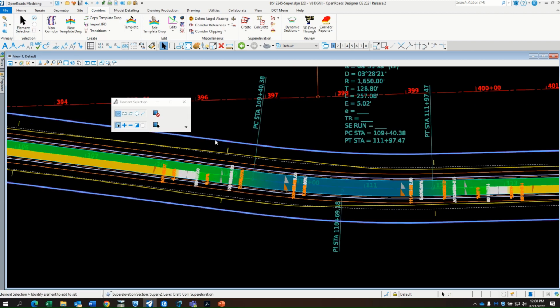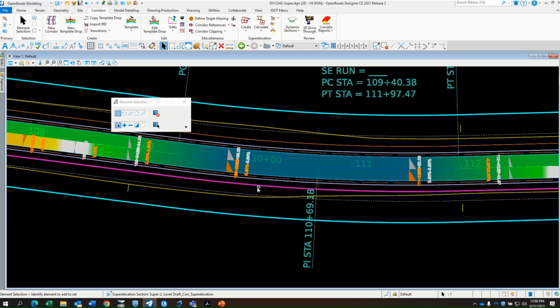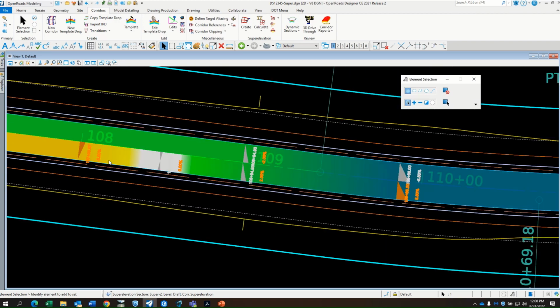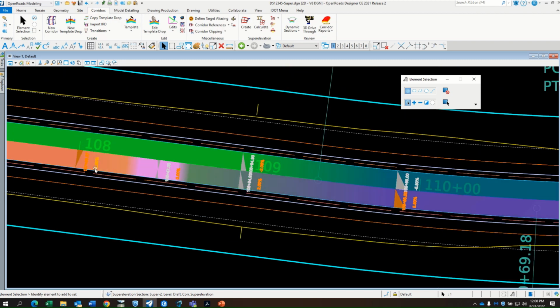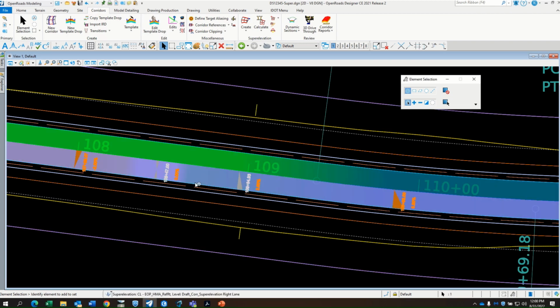Okay, so now if I click on the super elevation section, we're going to see a few things. Basically in ORD, anything that's orange, you can change it here and it'll change throughout. That would be one option, but you can see where the transition begins. Right there is normal crown 2%. And then you've got the beginning and end of your super elevation runoff, and what's the other one called? Tangent runoff. So that's at 0, and then